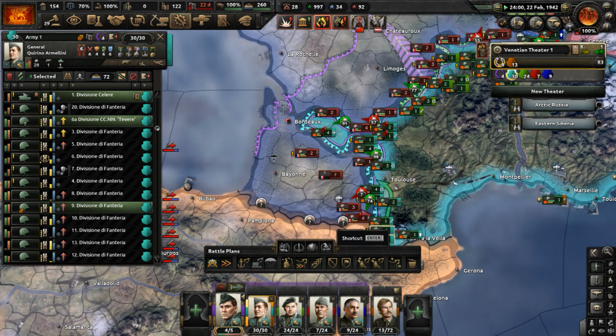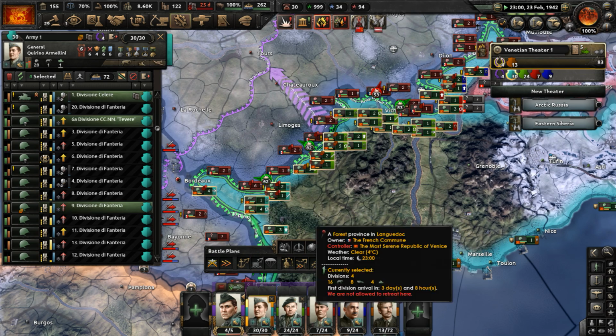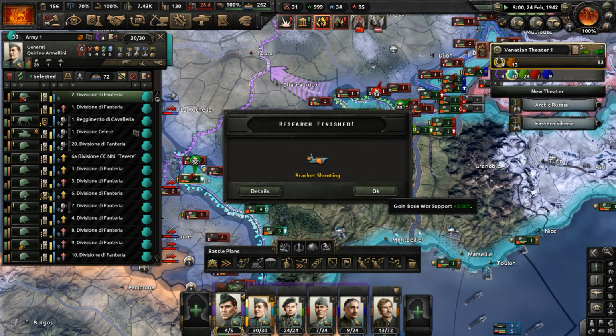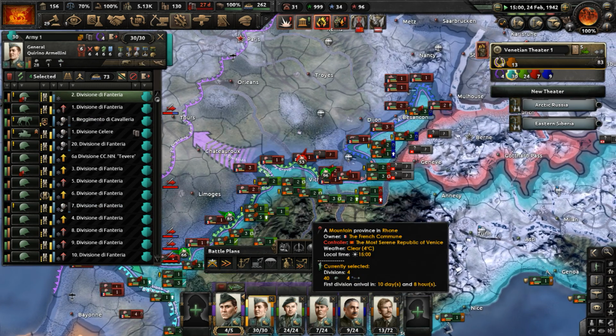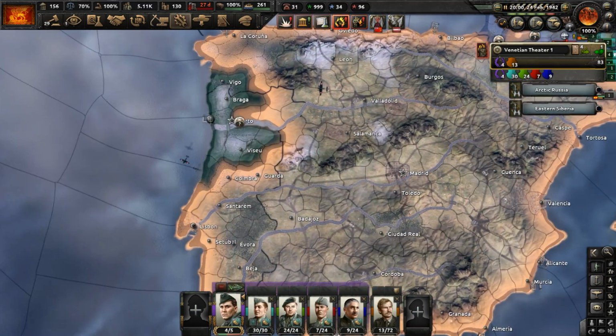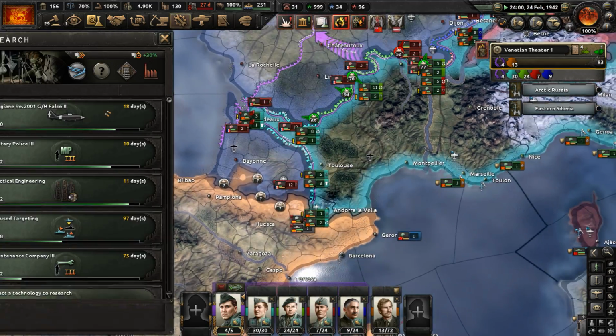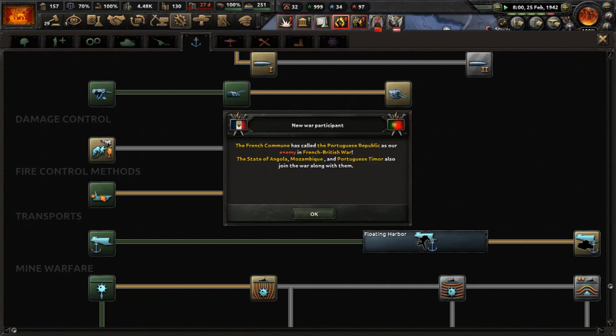The Kingdom of Spain declared war on the French Commune. This war is over. It is over. Let's just wait to take Bordeaux, or no, let's go ahead and take it then. We have a lot of stuff happening. Portuguese Republic joined the Humane Union. And the Portuguese Republic is almost dead. They've been fighting a war with Spain for quite a while now. But it's not going to matter anymore because the French and their faction is going to go down quite soon,